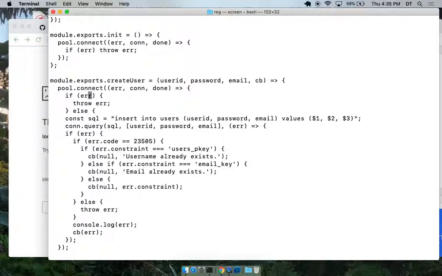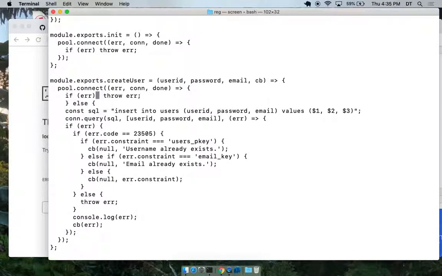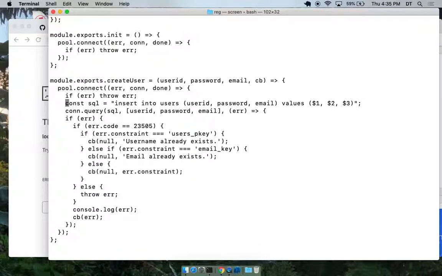Let me do it like this, just to get rid of the... All right, this is the database. This is just getting a connection from the pool. Maybe we're leaking connections, and we get an error for that reason. You know, our connection pool is exhausted. So that'll be thrown here.